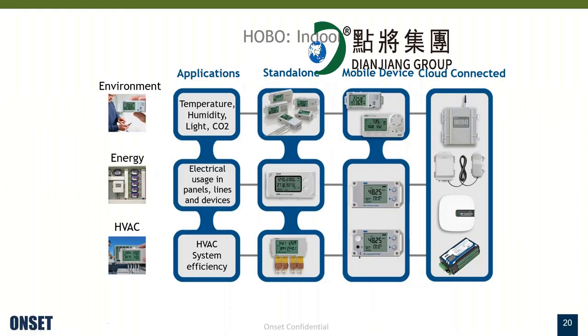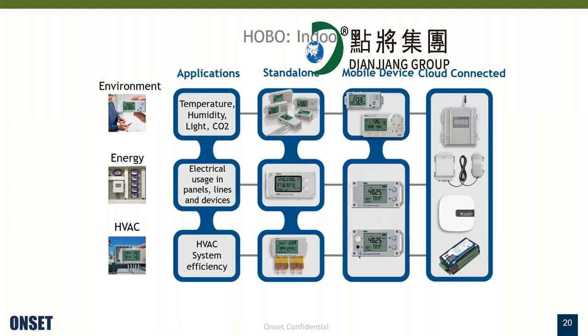And Hobo makes a line of indoor products. These are often used to monitor the indoor environment or air quality, energy use, and HVAC efficiency. So again, these loggers are designed to be used inside. There are several versions of standalone products for different metrics, as well as those that are Bluetooth enabled or mobile